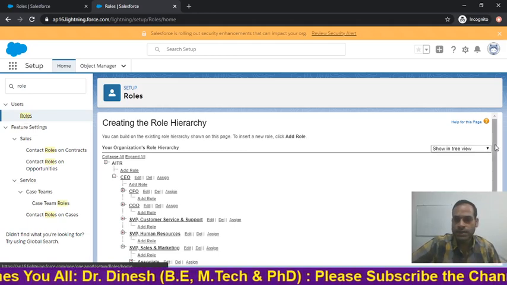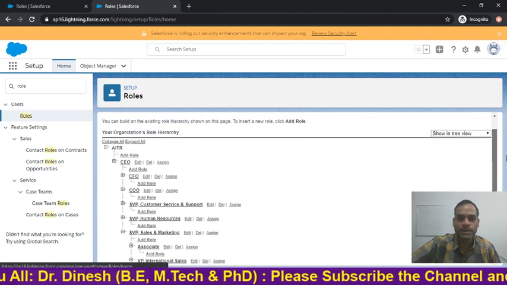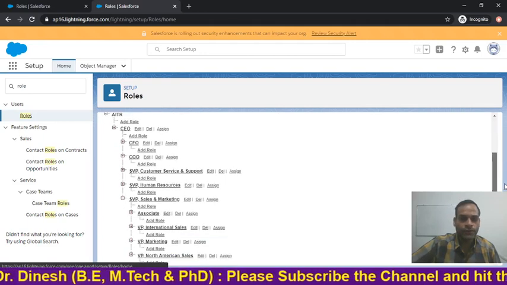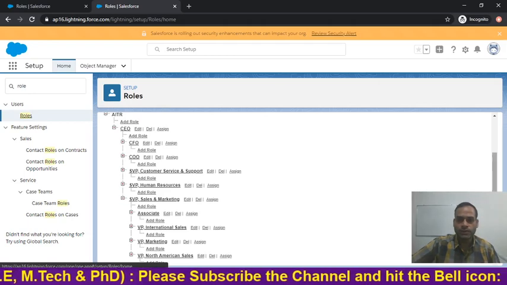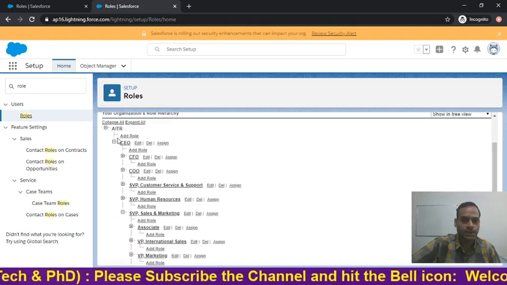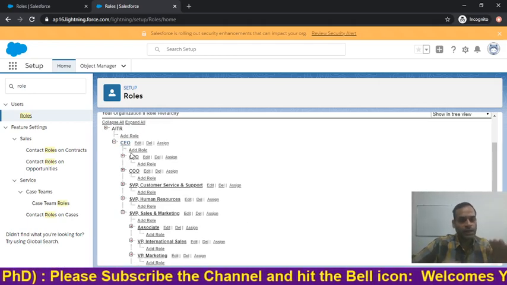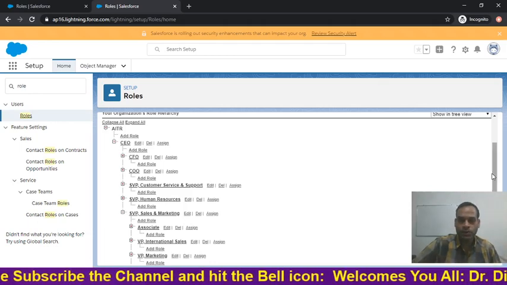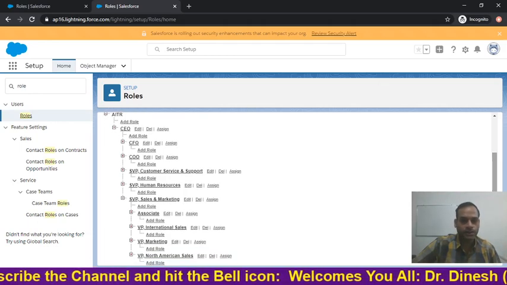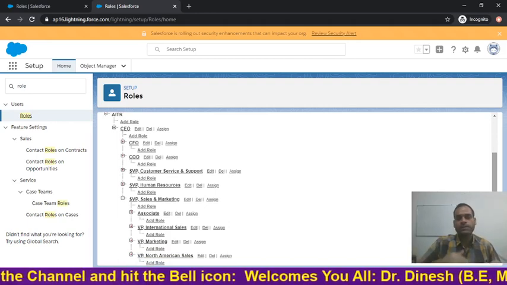In this you will see there are different views available in the Salesforce environment. We can also design as per our needs and requirements: CEO, directors, associates, vice presidents.